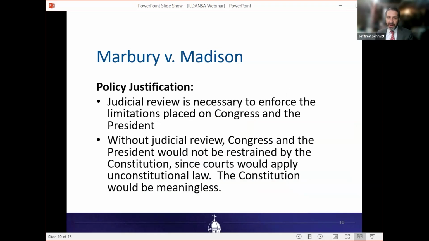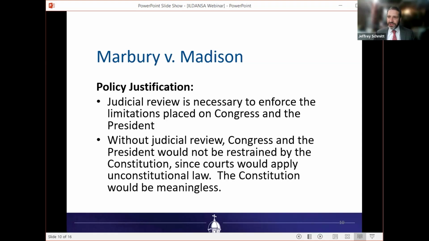It limits governmental power. But if the courts do nothing and just let the president and Congress do whatever they want, the Constitution is meaningless, right? And that can't be right, because the founders and all Americans, basically back to the founding, have always thought the Constitution mattered, that it meant something when we ratified the text.